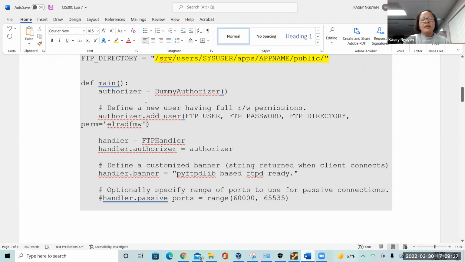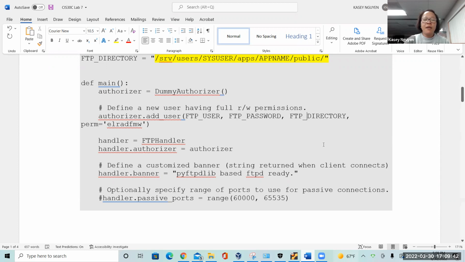So that means that it's going to make the account, and it's going to give the full permission to that account in order to access the directory that holds your script